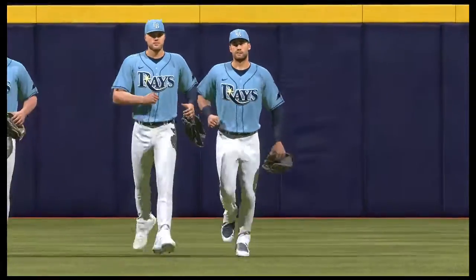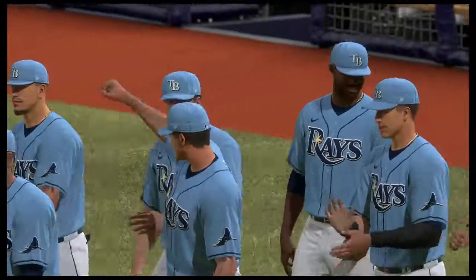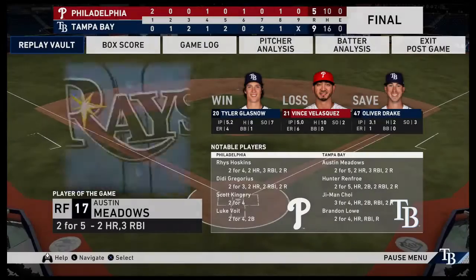Tampa Bay took the lead in the fourth and held on until the end. Tyler Glasnow takes home the win. Vince Velasquez permitted 6 earned